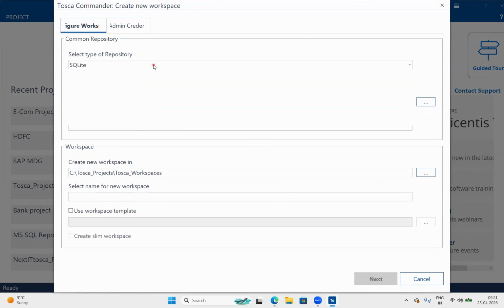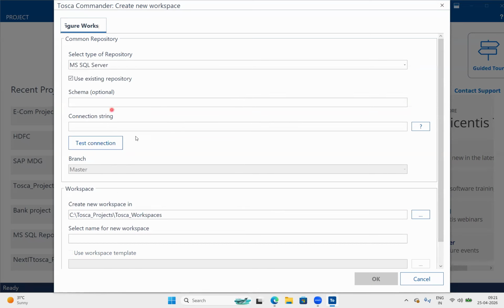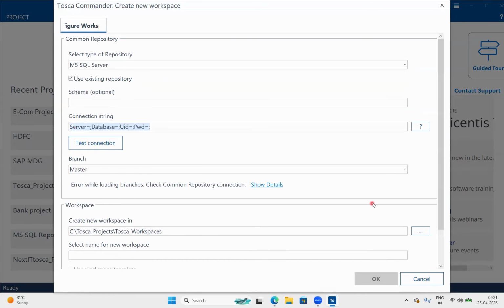Now I'm choosing MS SQL Server. Are you able to see the connection string field is populated? Yes. Here we have to enter the server name, database name, user ID, and password. Once we enter this, click on connections. Here you can see the connection valid message.